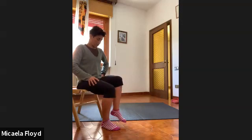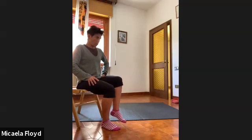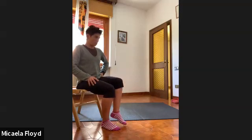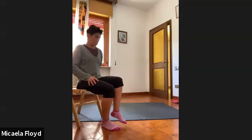5, 4, 3, 2, 1, and releasing back, relaxing the hip, releasing the leg, just a little bit more connection at the front of